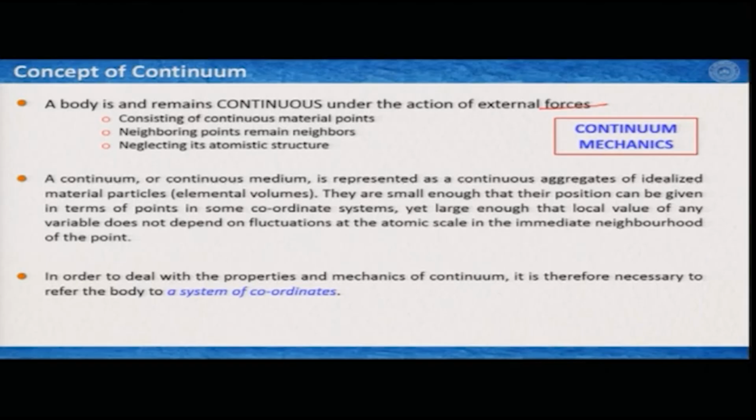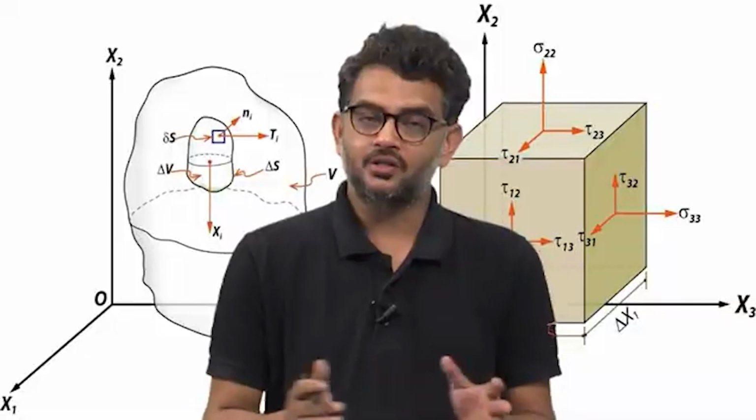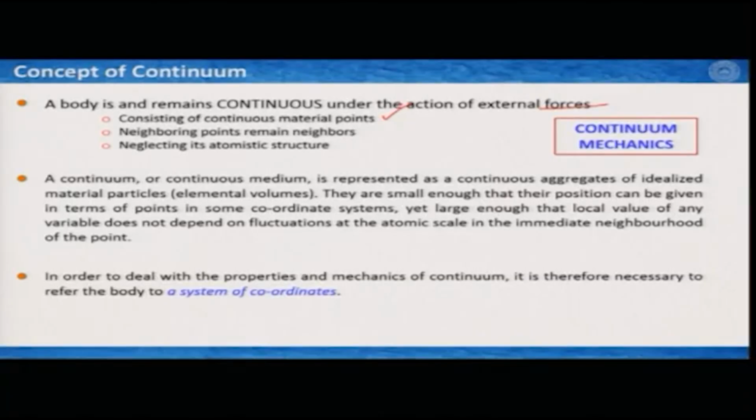So, there must be some sort of criteria. Just as we learned what is continuous and discontinuous, more or less the same concept I can apply here as well. It says it consists of continuous material points. That means you consider a material that should not have any voids at your scale of observation. It can be different materials, but it has to be continuous, and we can feel that for rocks this holds good.